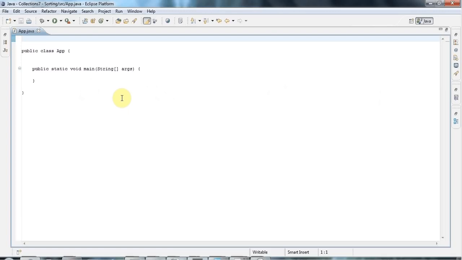From caveofprogramming.com, and this is a tutorial on sorting lists in Java. In this tutorial I'm going to show you how to sort lists using comparators, and I'm going to start here. I'm in Eclipse, I've got my main method set up, and I'm going to start by creating a list